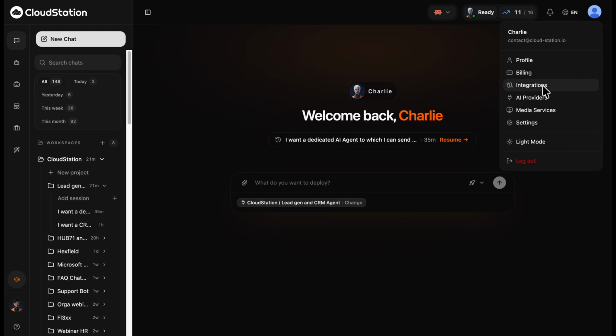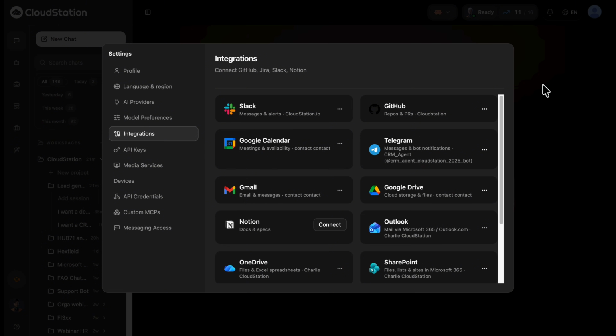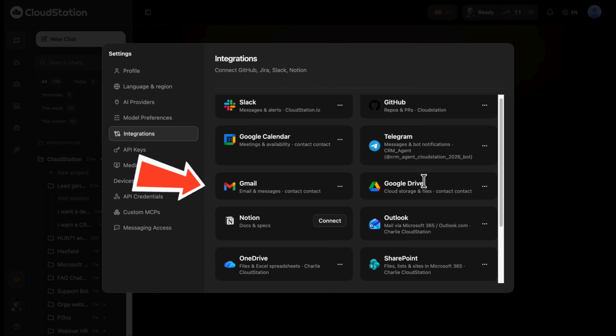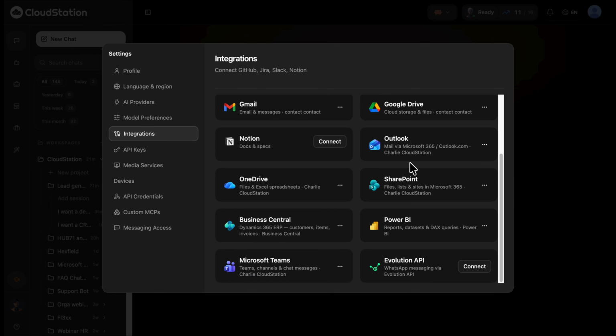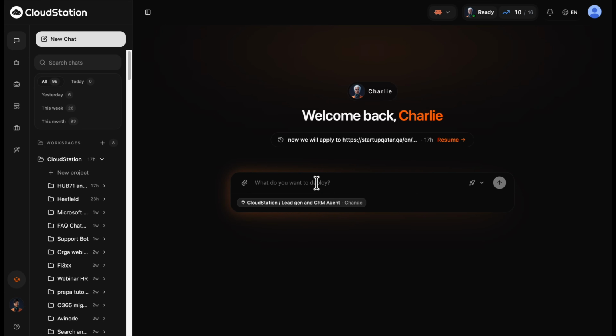All right, so let's see how we can build this on CloudStation now. In your CloudStation account, you can connect to either Google Suite or Microsoft Suite. In my example, I will use my Gmail and my Google Drive account, but you can also use Outlook and OneDrive. First, let's say I don't have a CRM, so I want Charlie to deploy for me